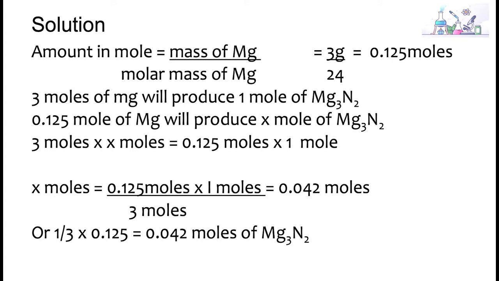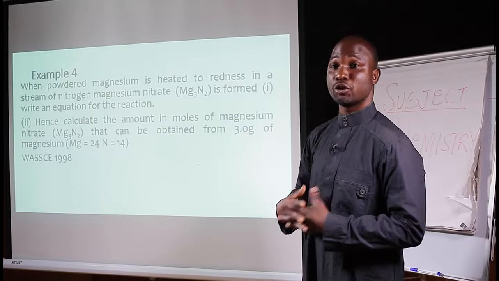Now, if you look at the equation of the reaction, you find out that 3 moles of magnesium will produce 1 mole of magnesium nitrite. So that 0.125 mole of magnesium will produce unknown mole of magnesium nitrite. So if you do the proportionality, and give me the slide before this,